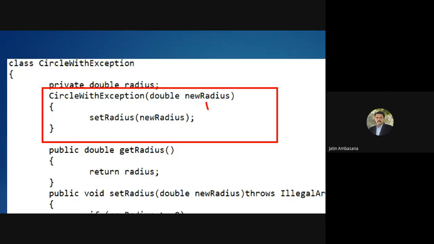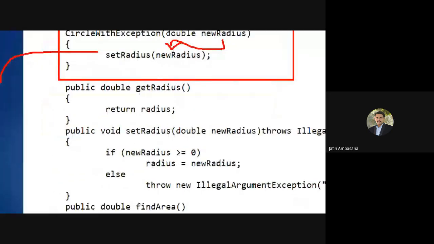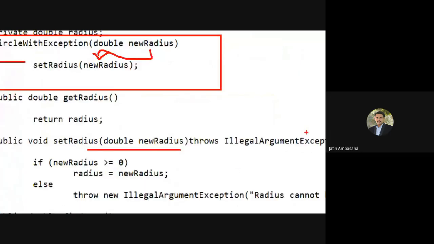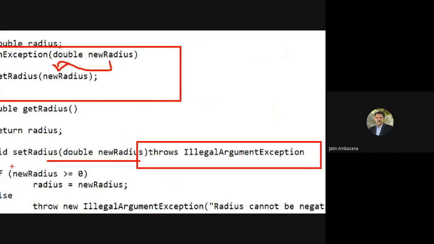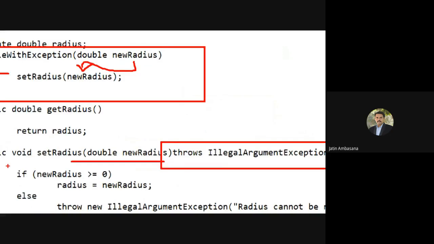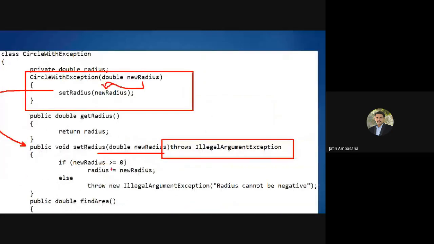That double value is sent over here to the setRadius method, which basically takes a double value, and now it can throw an IllegalArgumentException. It can throw what? It can throw an IllegalArgumentException, right?